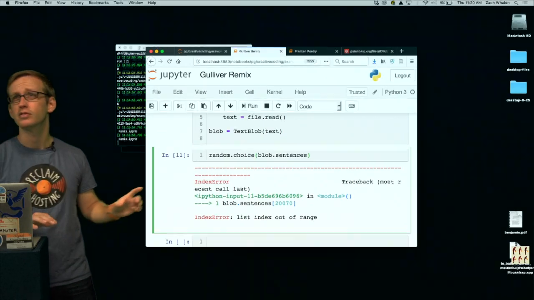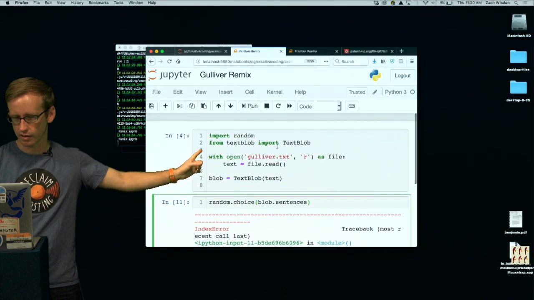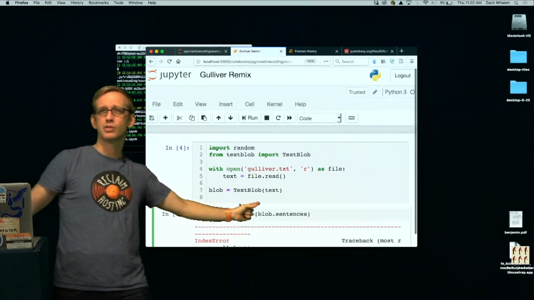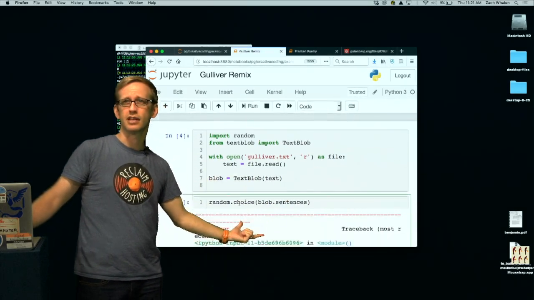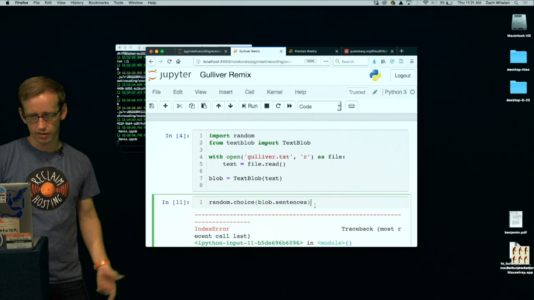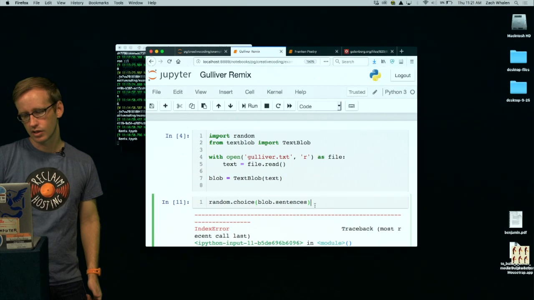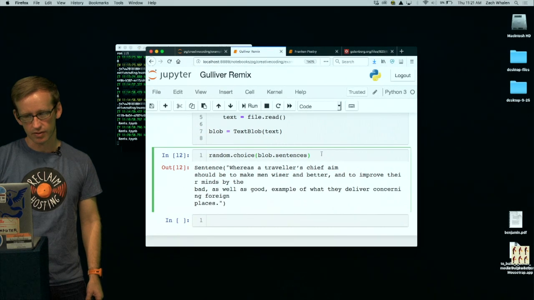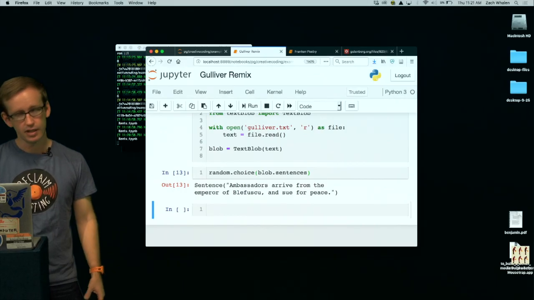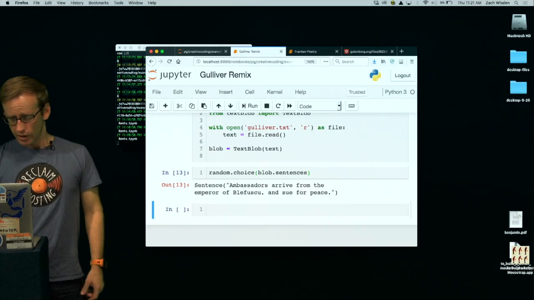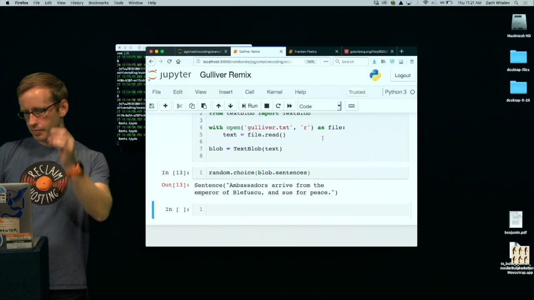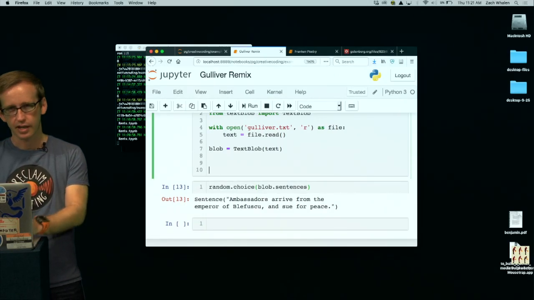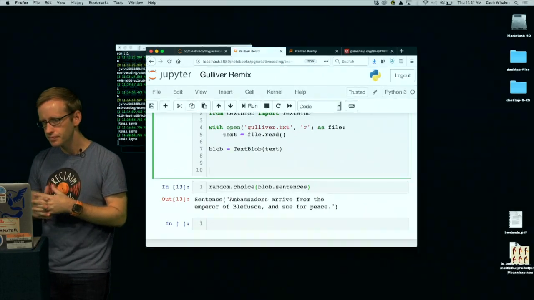You invoke the random library, which I imported up above here, and then you invoke the choice function, and then you feed the choice function a list, and in this case it's that list of sentences, which is just called blob.sentences. So if I just run it like that, it's going to give me a random sentence every time. I don't have to know what number it is, I don't have to give it numbers, it just gives me a random sentence. So that's pretty neat. It's already kind of poetry, maybe, or it could be used as poetry. But I want to do a few more things with this to make a different kind of poetry.